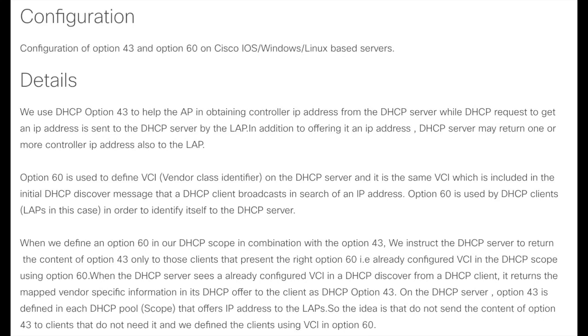Today, let us try to understand DHCP option 43 and option 60. Configuration of option 43 and option 60 on Cisco IOS, Windows or Linux based servers is what we are going to discuss today. We can use DHCP option 43 to help the access point in obtaining the controller IP address